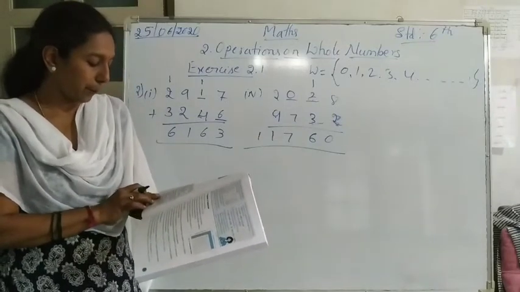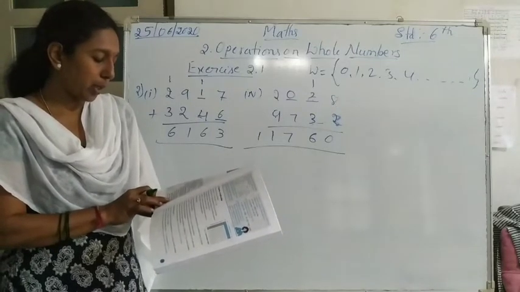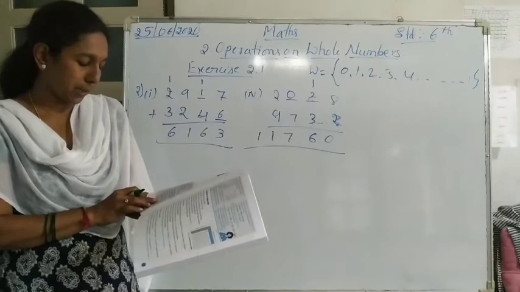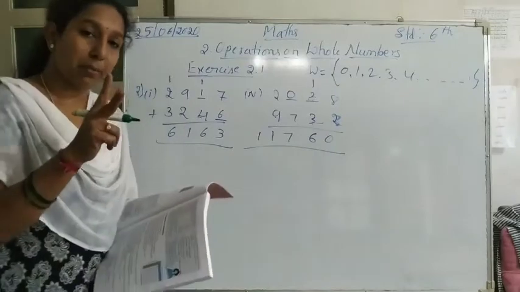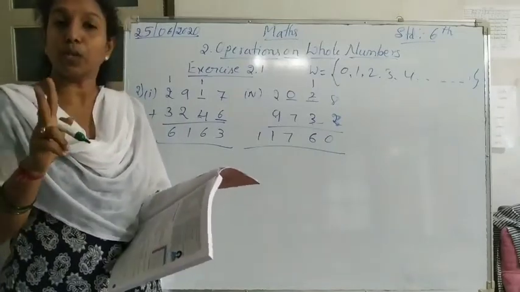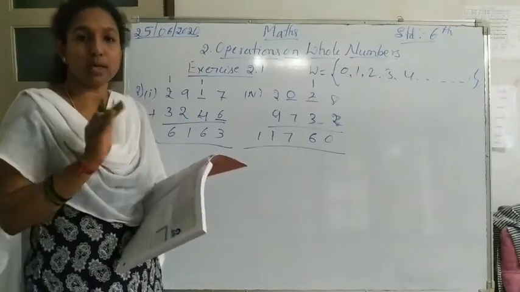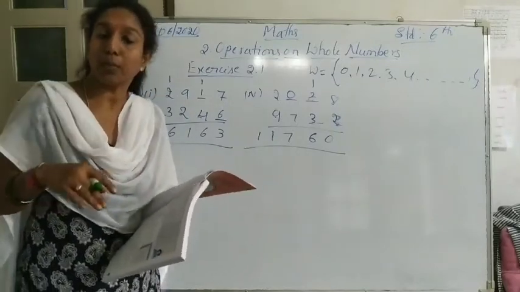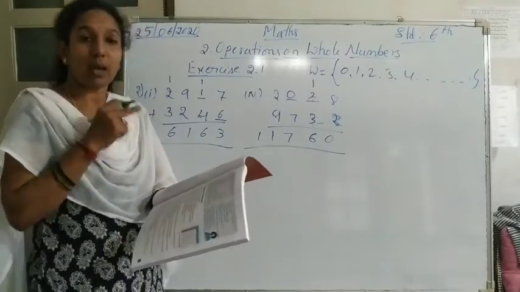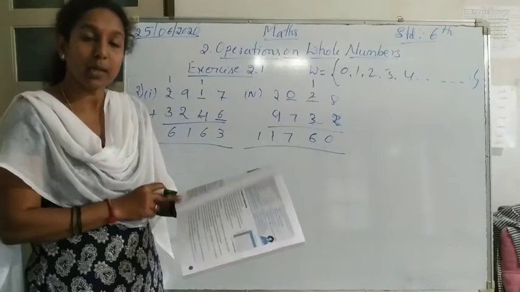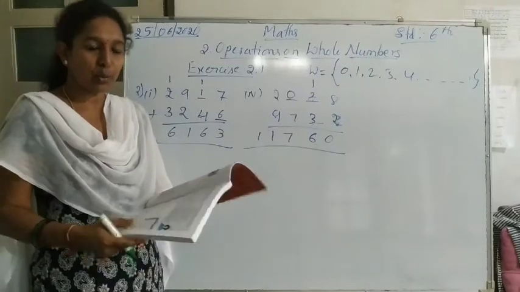Okay, that remains the same. The associative property of addition states that in whatever order we add two whole numbers, the sum always remains the same. Here they said two numbers. Here when we add two numbers, if we interchange the numbers, that is the commutative property, not the associative property. In an associative property, we take three numbers. Here they said two numbers, so it is the commutative property. So it is a false statement. Here you have to write commutative property instead of associative property.